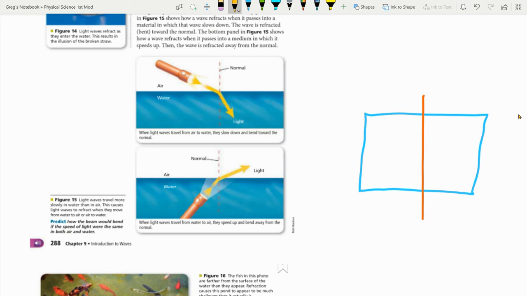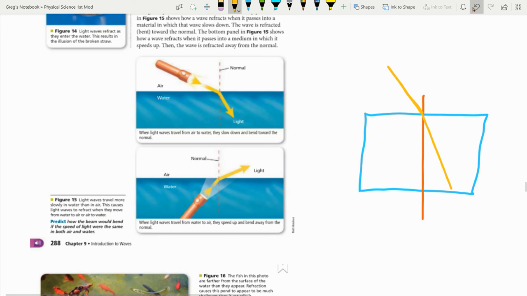I'm going to try to get. All right. Here comes my light beam. When it hits and is refracted, it's going to bend when it's entering this area. It's going to bend towards the normal. Okay? It's bending towards normal. If you look, it's going at this angle. It hits, it changes a little bit and bends toward the normal.